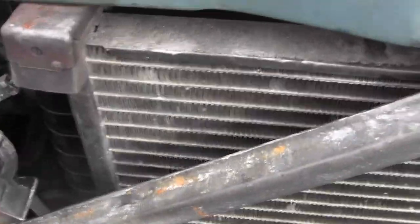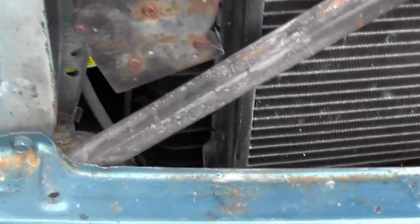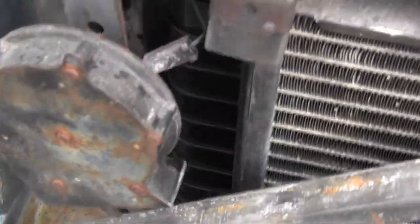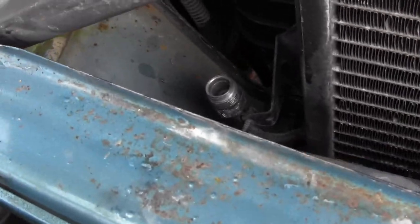This AC worked before I swapped the engine, and of course I had to break something to get this out of the way so I could get the engine out. So when the condenser core came out, this one line got damaged, and when I went to put a new one on, I probably damaged that. But you know,